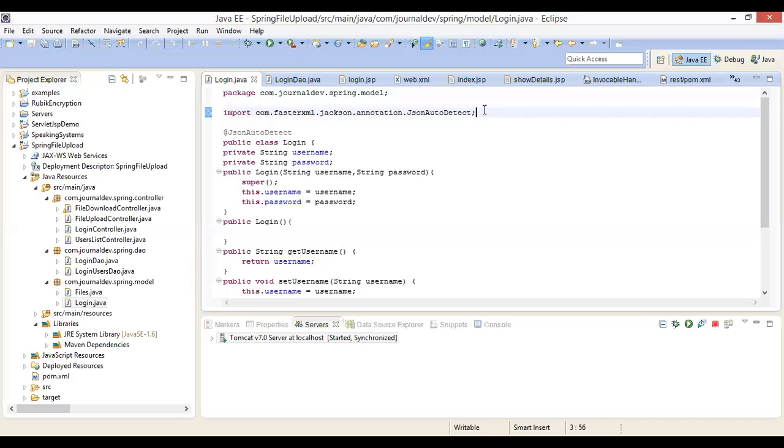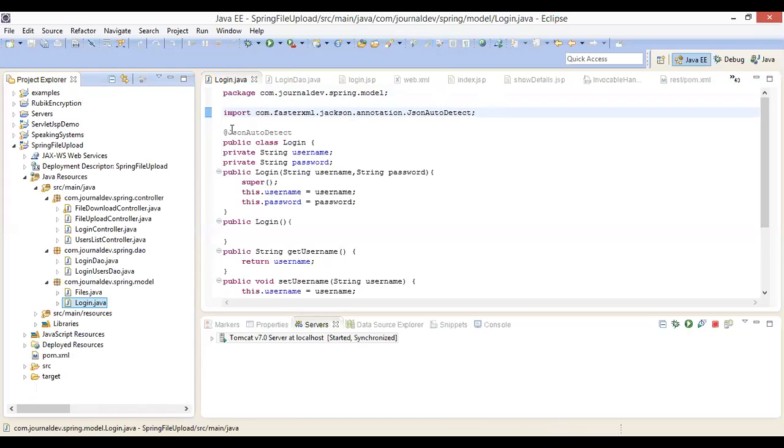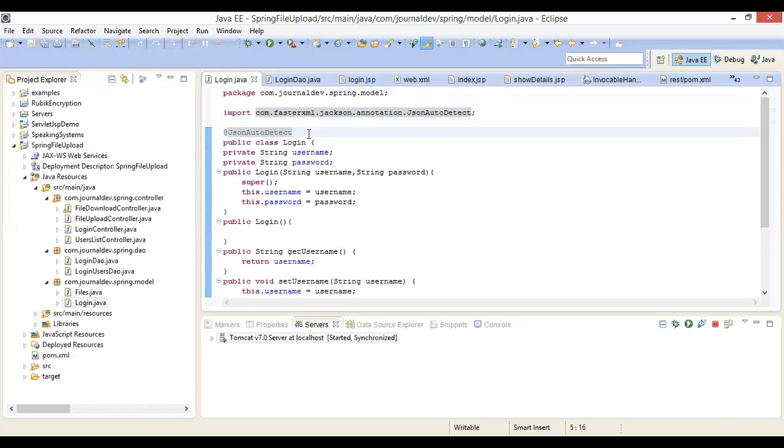That means we are able to get this package because we have added this package jar in our Maven dependency. See here, all three are there: Jackson data bind, Jackson annotations, Jackson core. Because of these imports, we are able to import this package here, and we are able to write an annotation here as @JsonAutoDetect. What is the advantage of JSON auto detect? If you use the conventional JAX-RS, you don't have a class like this JSON auto detect to automatically convert your data model into a JSON object, to convert your username and password into a JSON format, which is not required if you use such kind of advanced APIs.